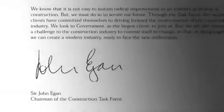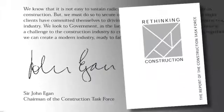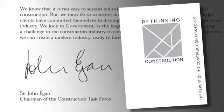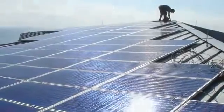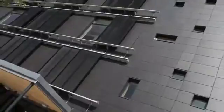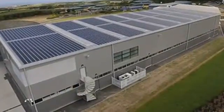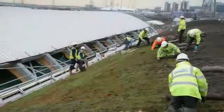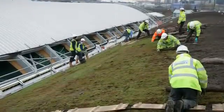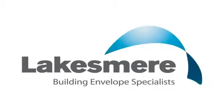The much-documented Egan report, Rethinking Construction, has helped drive demand for more efficient and sustainable methods of construction. The industry is meeting this challenge in a number of ways, not least by developing innovative solutions to improve the design and maintenance of buildings, the manufacture of materials and products, and offering more efficient installation processes. Off-site construction is playing a pivotal role, and Lakesmere, with its long tradition for innovation, is at the forefront of